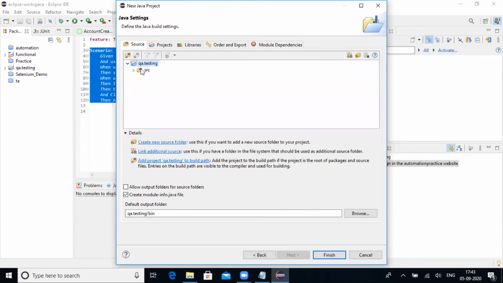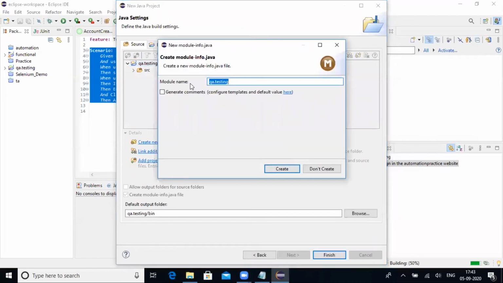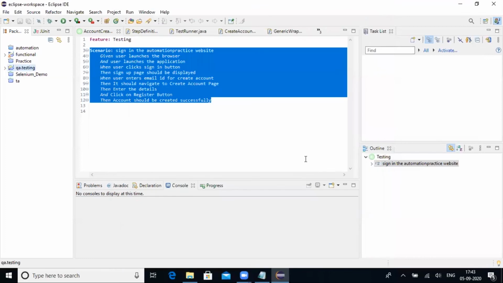This is the structure that your project will give. This is my project name, QA.testing. Under this you can see one simple folder called SRC. This is the simple Java project. Click on Finish. Don't create a module as of now. I'll tell you what a module is later.